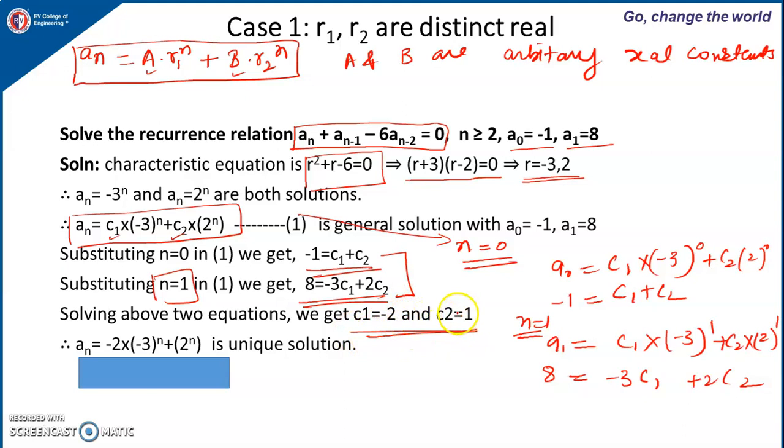Once we get the values of c1 and c2, we have to substitute them back in equation 1, and this will be the final answer. c1 is -2 and c2 is 1. So it is -2 into -3 power n plus 1 into 2 to the power n. This will be the final answer of the given recurrence relation. So hope you have understood the concept. Thank you for